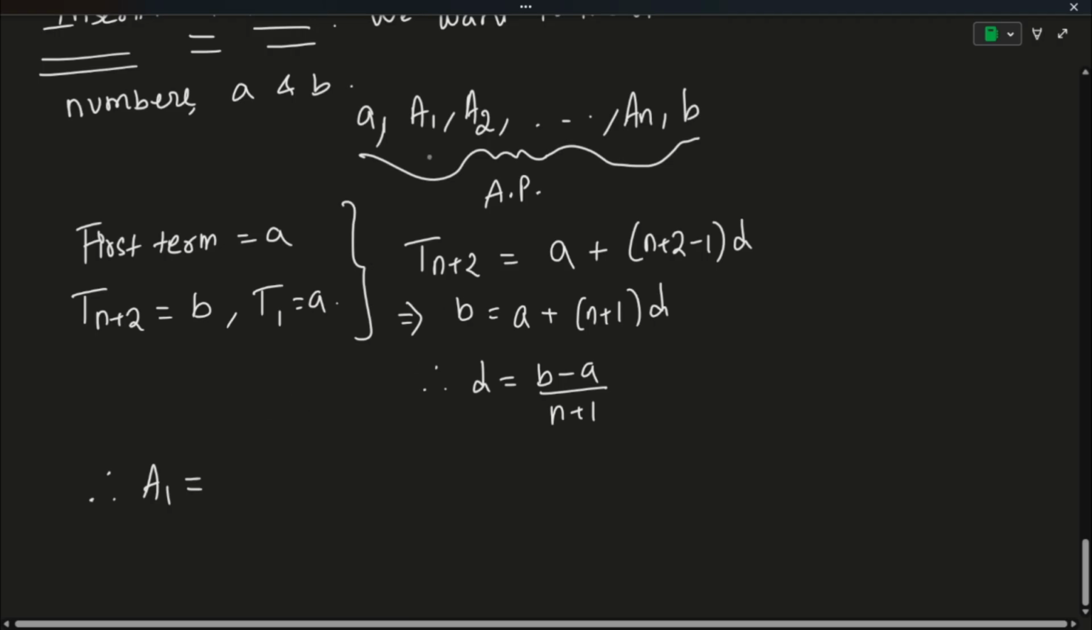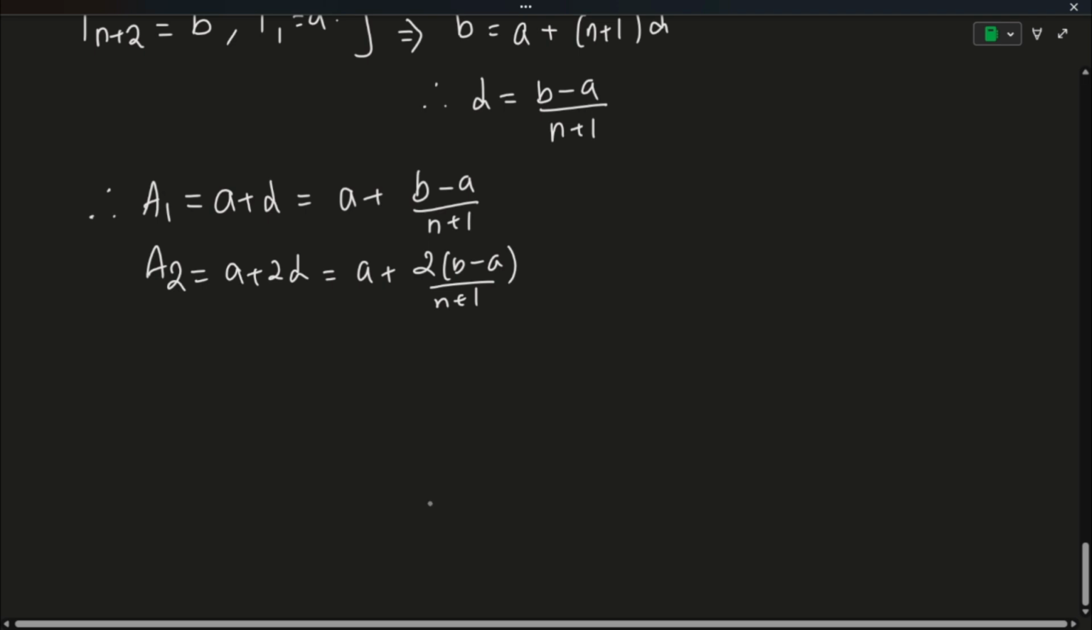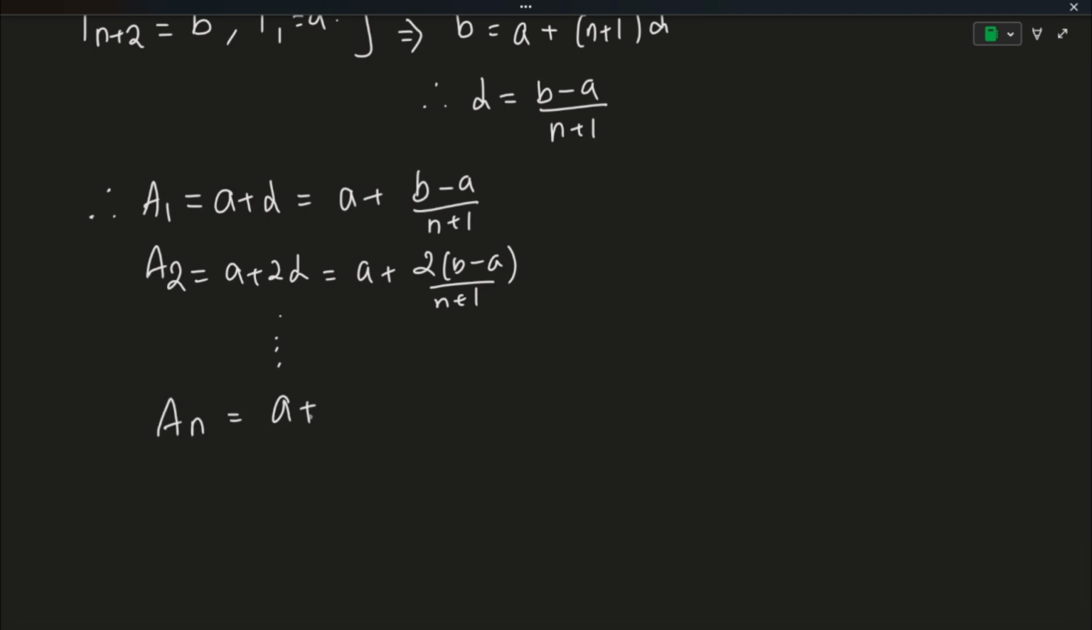So what is A1? A1 is D more than A because A1 is the second term. So A1 is nothing but A plus D. So A plus D क्या होगा? A plus (B minus A) by n plus 1. What is A2? A2 is going to be A plus 2D. मतलब A plus 2 times (B minus A) by n plus 1. And you can understand in a similar way that all the way up to An क्या होगा? An is going to be A plus n by n plus 1 whole into B minus A. So these are the n AMs